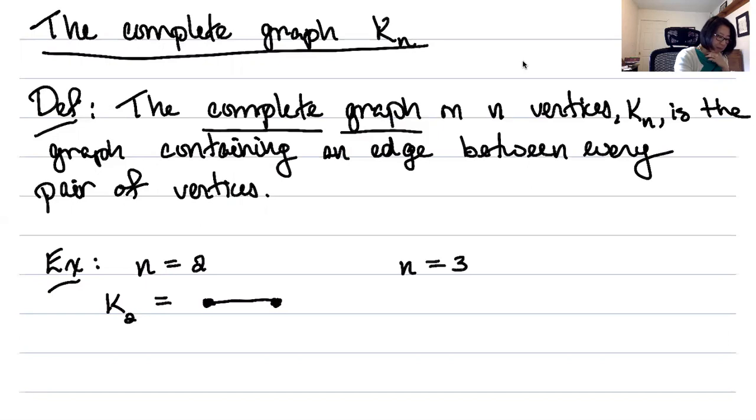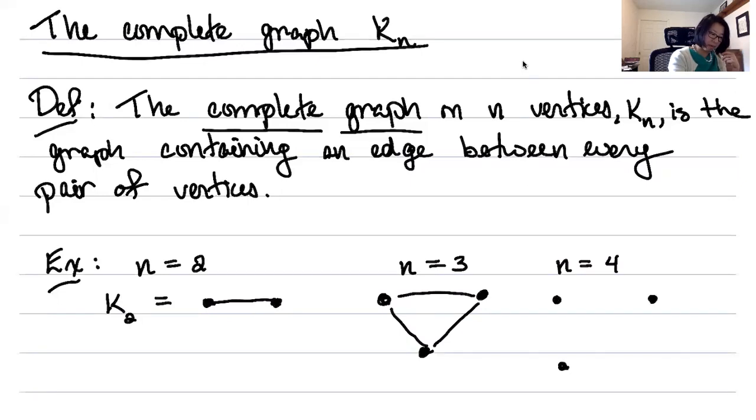When n equals 3, we have 3 vertices, and if I want to connect every pair, I'd need 1, 2, 3 edges. And for example, when n equals 4, if I wanted to connect every pair, so 1, 2, 3, 4 vertices,